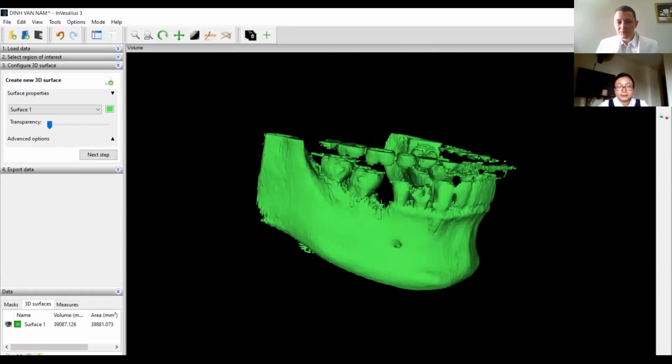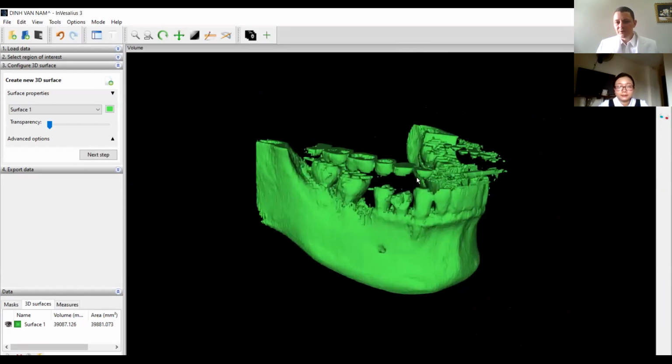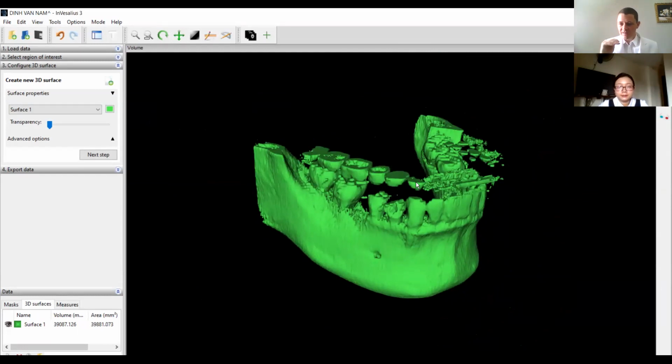Okay, so here you see it's very blocky. It's not very well defined because I only take one slice in